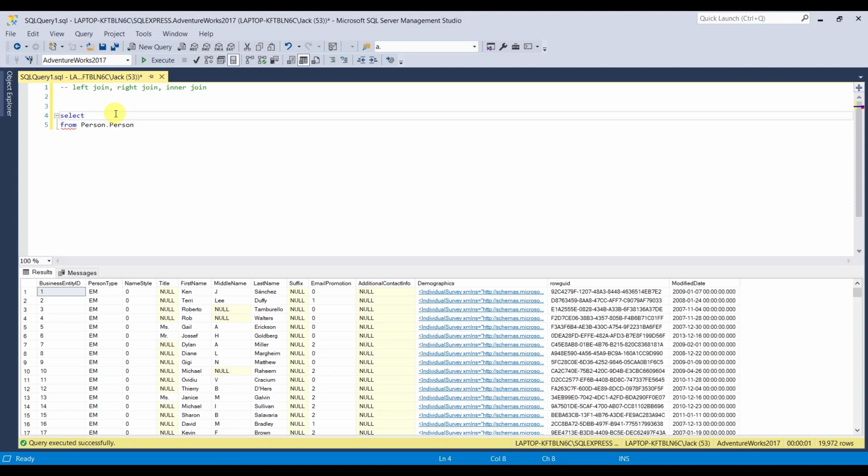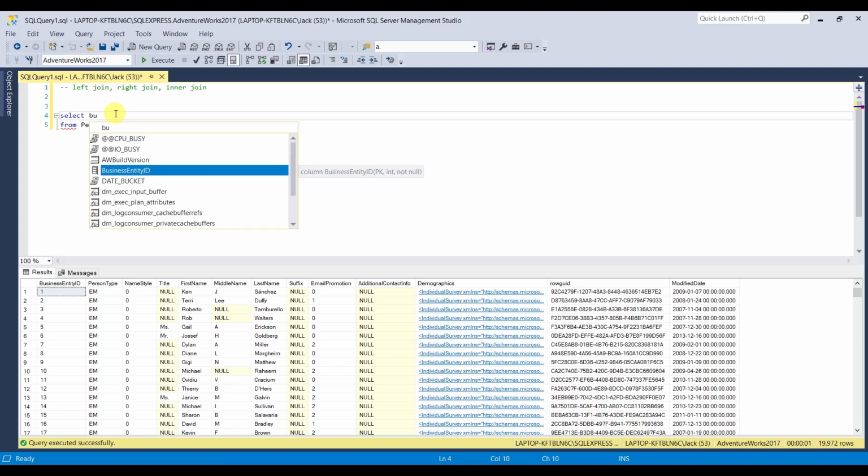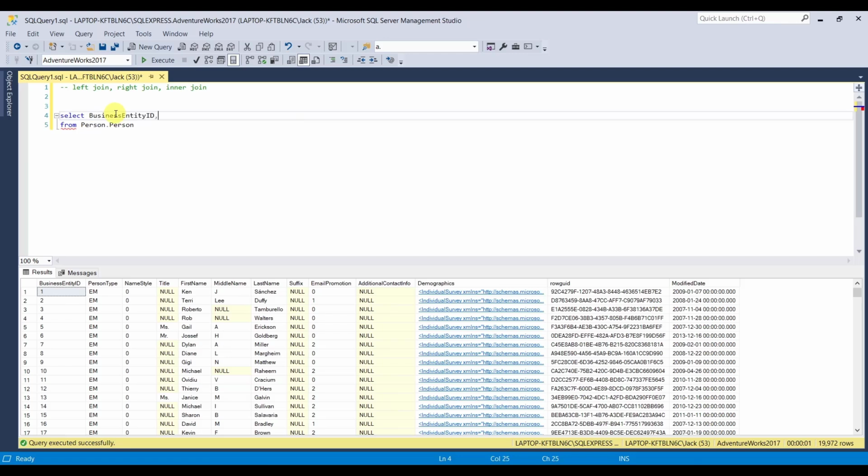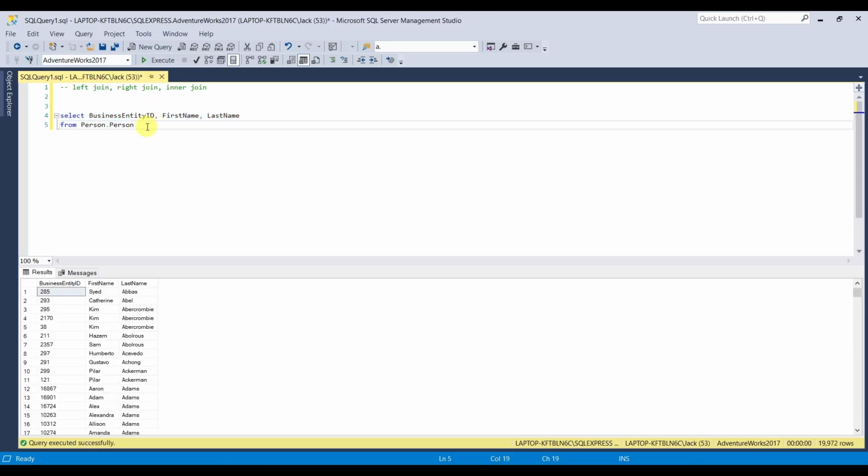I just want to get the ID. Now this table identifies employee as business entity ID, but that's beside the point of this video. And last name, and that's all we need. So we're going to join this table